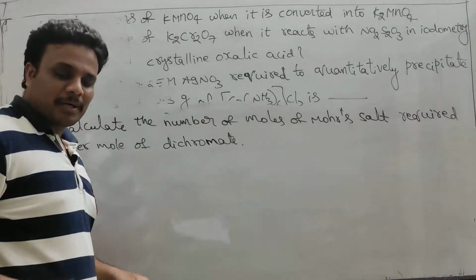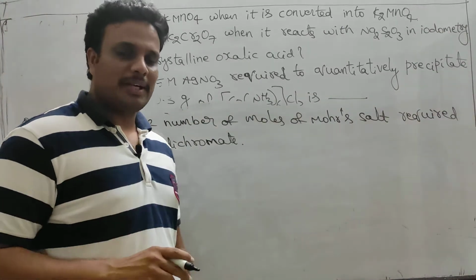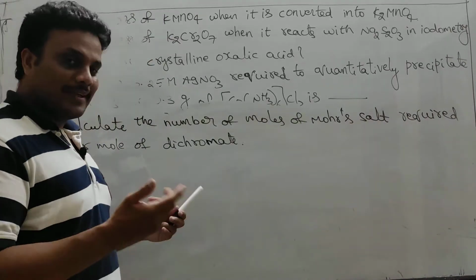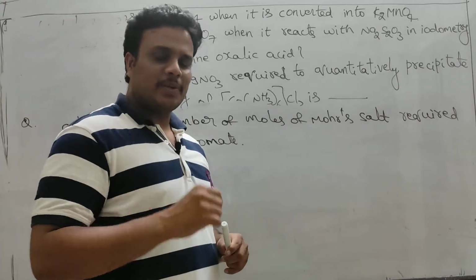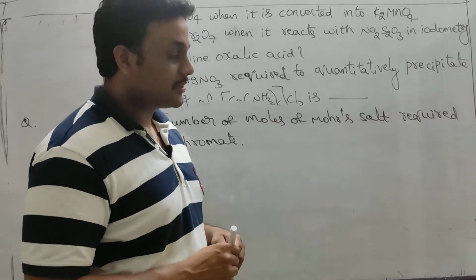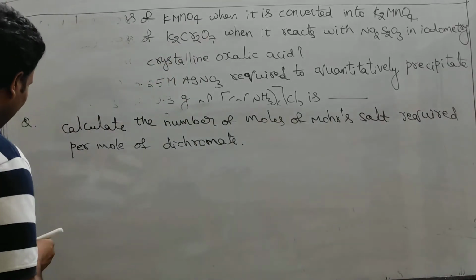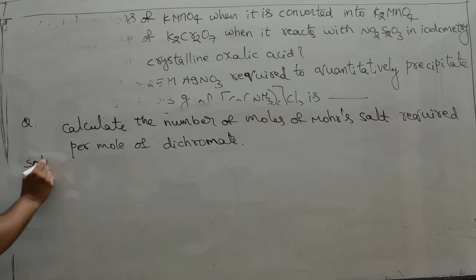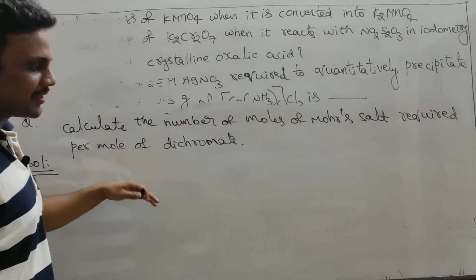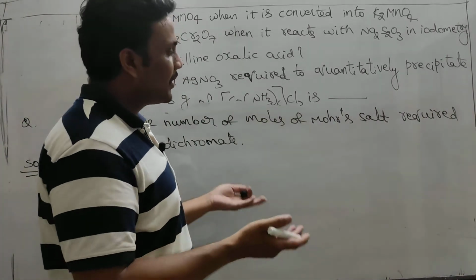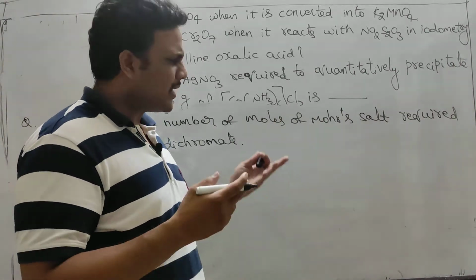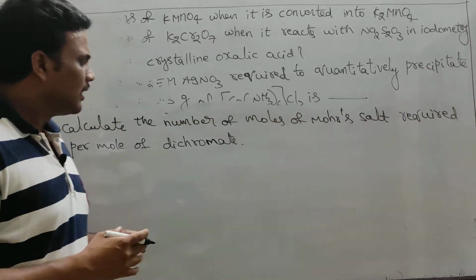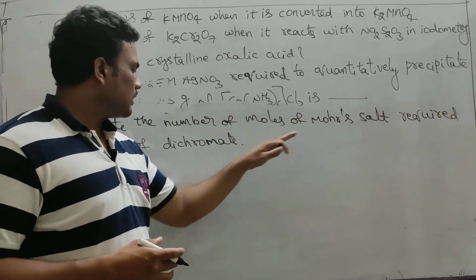If it is potassium permanganate, then you need the medium. But for dichromate, no need. Okay, Mohr's salt versus KMnO4 titration is there in your practical syllabus, class 12 syllabus. So first of all, what is Mohr's salt, sir? If you don't know Mohr's salt, then it is better to leave this question. Don't try. Because if you don't know the basic knowledge of Mohr's salt, then you cannot solve this question. This is straight away from practical chemistry.